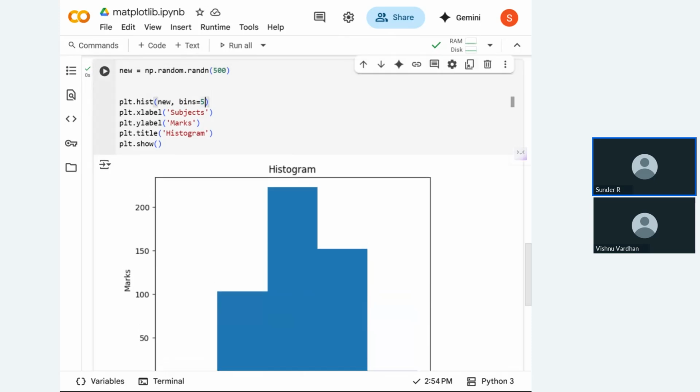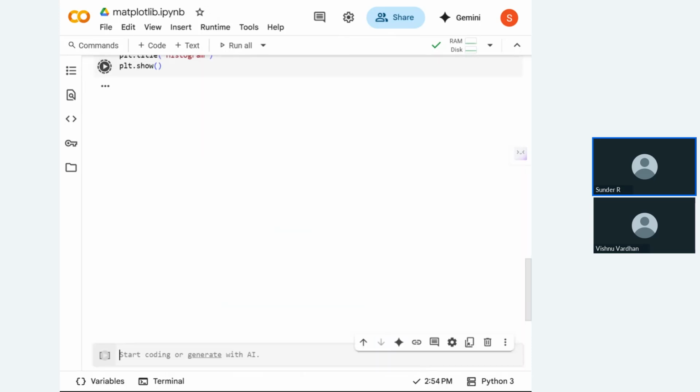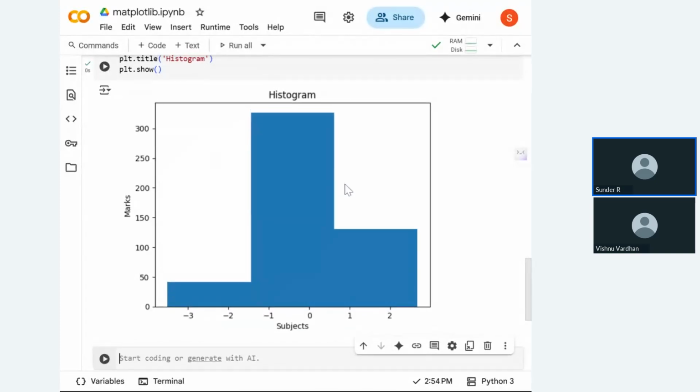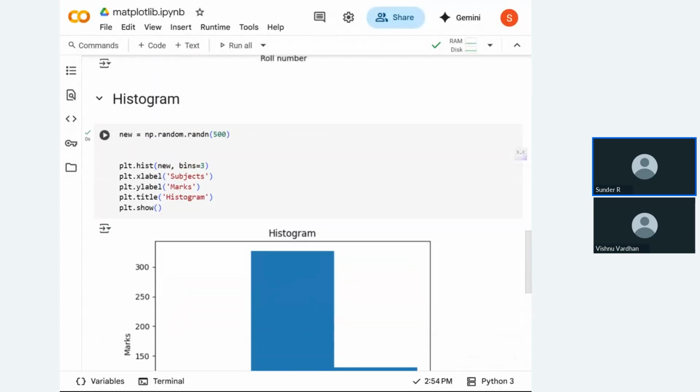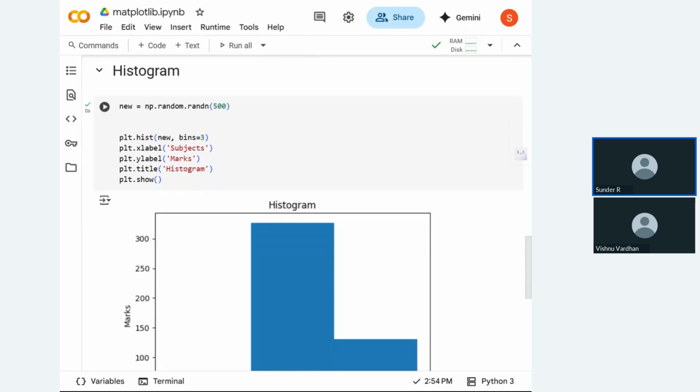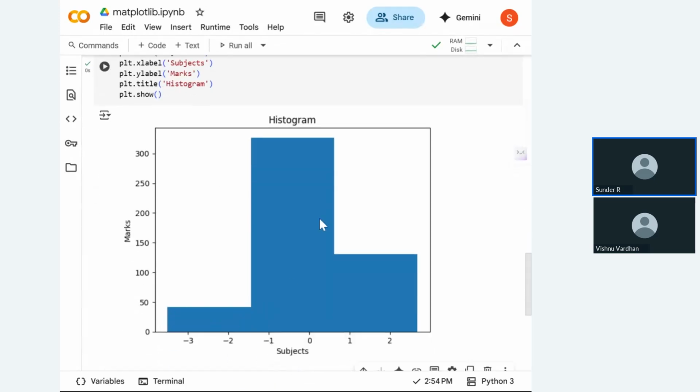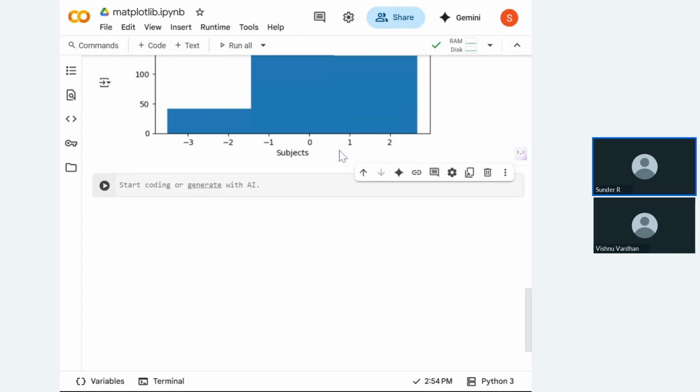So here we can also consider 3 bins as well. So automatically it is going to change. Is it clear? So randomly it is going to generate these data points. Is it clear? Next,